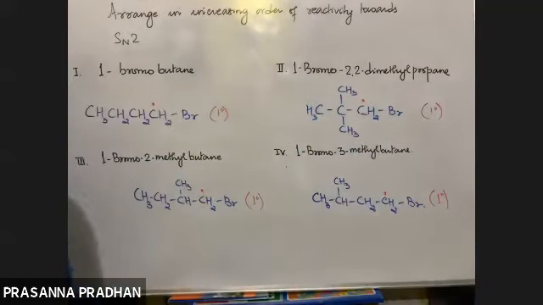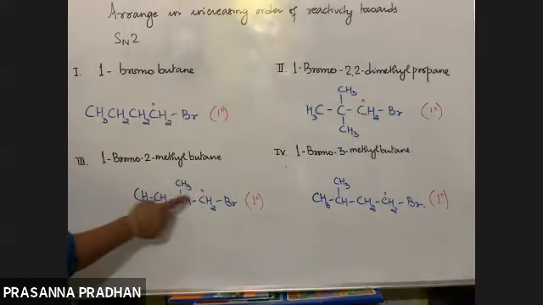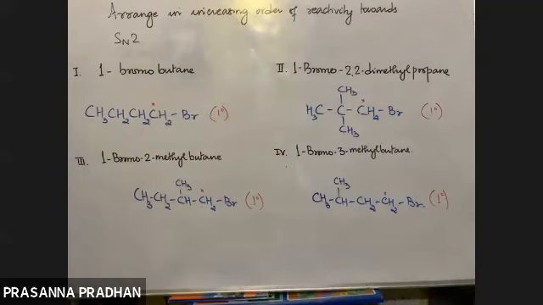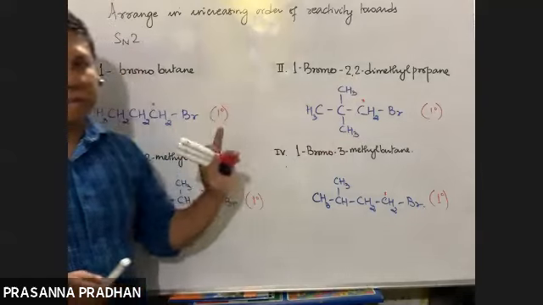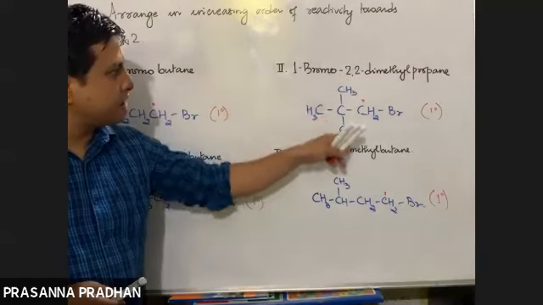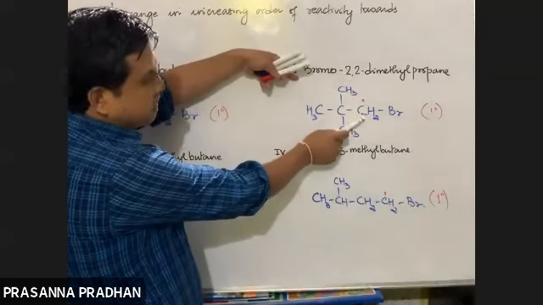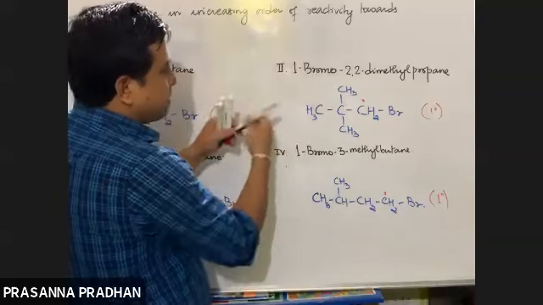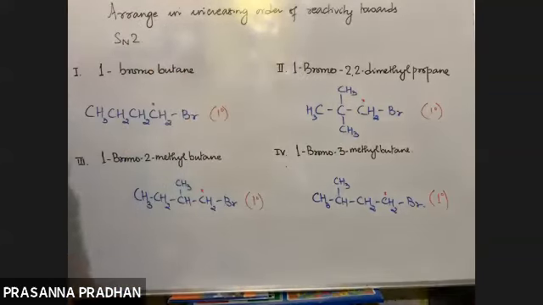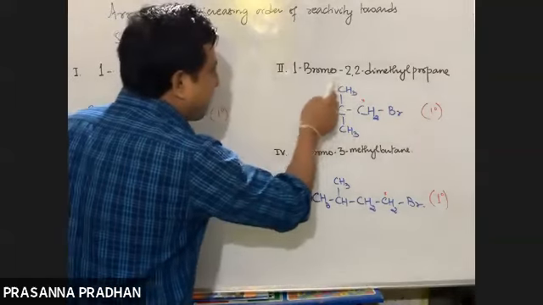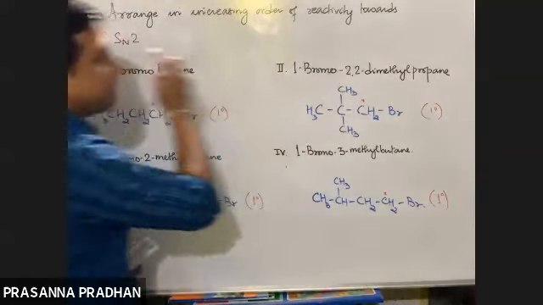Now see, I'm telling you repeatedly, the nucleophile is going to attack this carbon. If the alkyl halide is a straight chain like this, it becomes quite easy for the nucleophile to attack this carbon. But as the branching increases, is it possible for the nucleophile to attack this carbon? It is very difficult. Why? Because of the presence of a very big group, or because of the presence of branching.